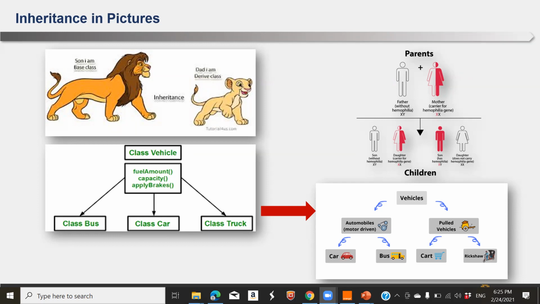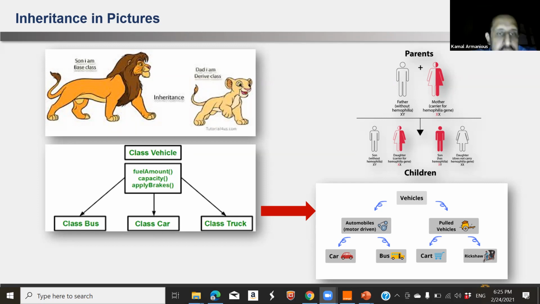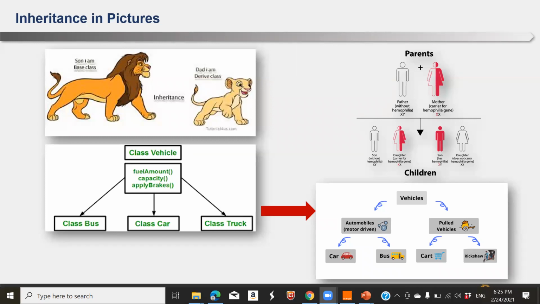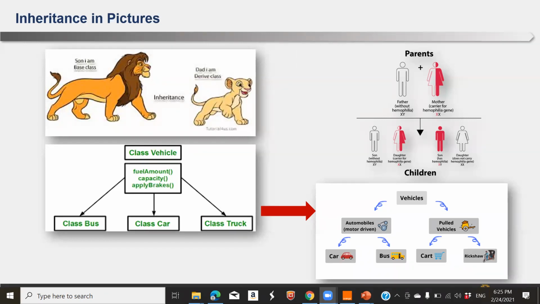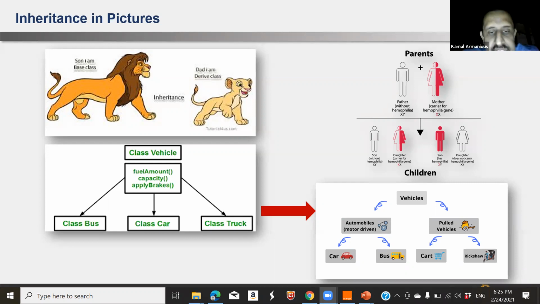Yes, doctor. Okay. So can you read this diagram even without understanding what it means, just in terms of inheritance? So the base class is the vehicle class. Yes, and the vehicle class. Just wait. How many children does the vehicle class have? Three children. The bus, the car, and the truck. The vehicle, what does it do in general?